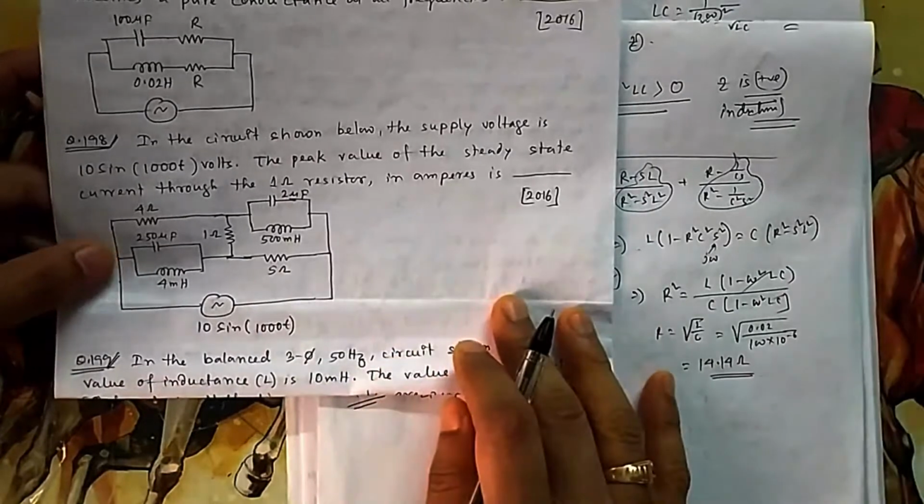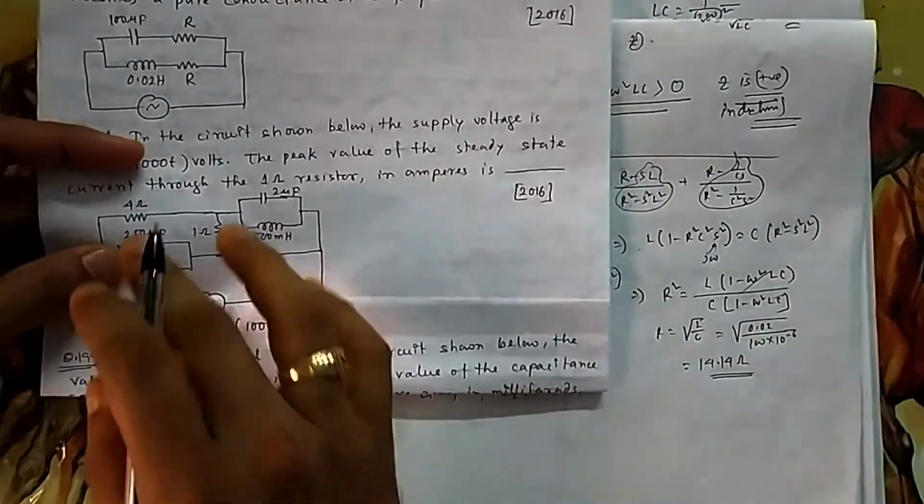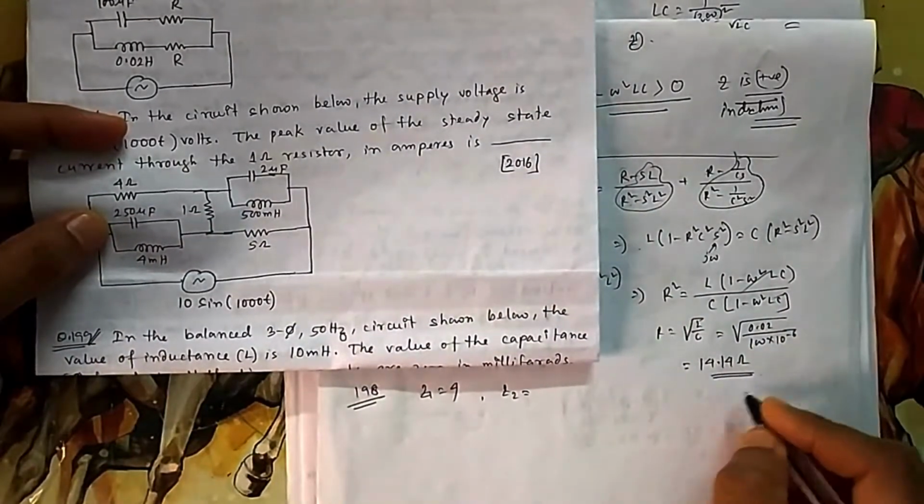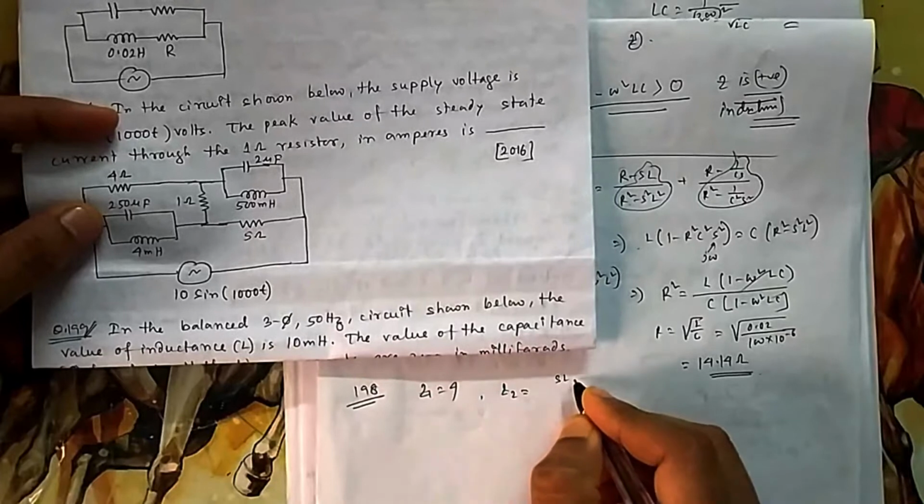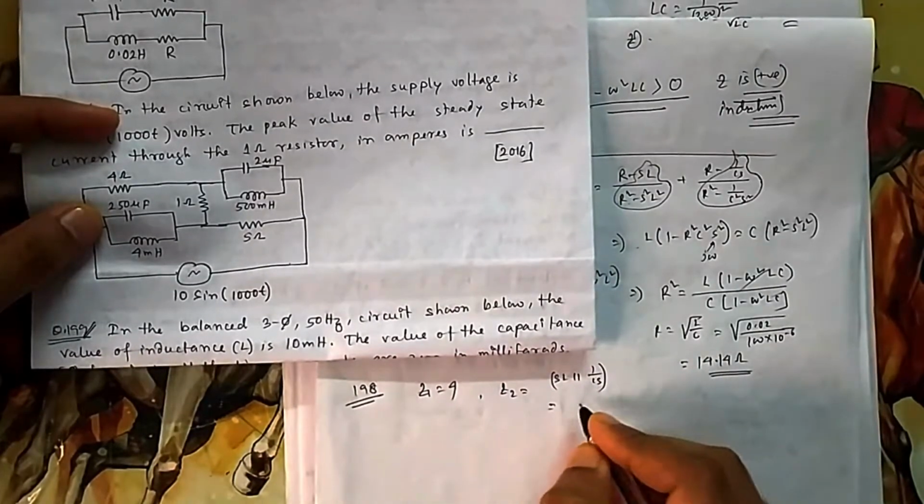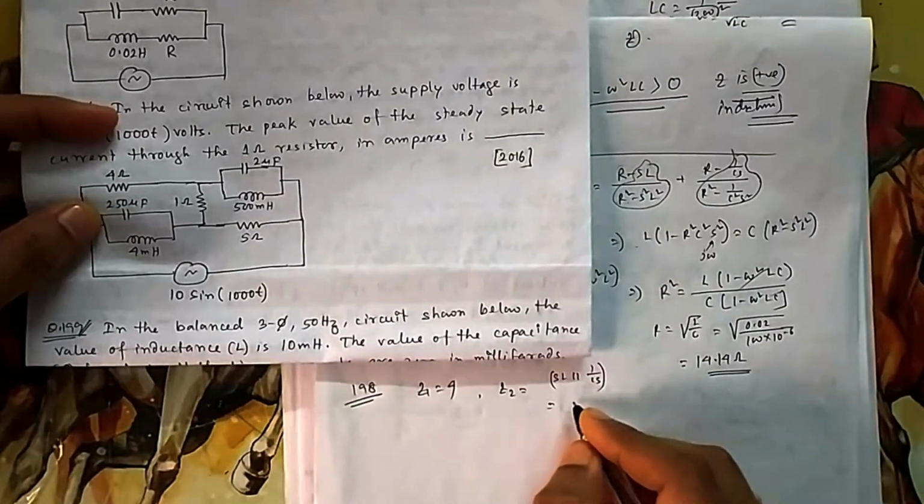So what will be Z2 if I calculate here, one LS and one CS. By the time, because you are doing lots of LC circuits, you should know what this is. Or if you don't know, let me do it: SL in parallel with 1 by CS. So what is the parallel combination of these two? If you do the parallel combination, it will be,